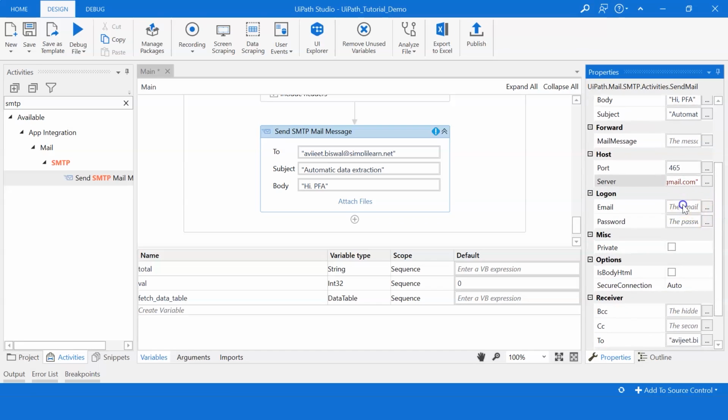Under logon, I'll give the sender's email ID, I have to give the password as well.